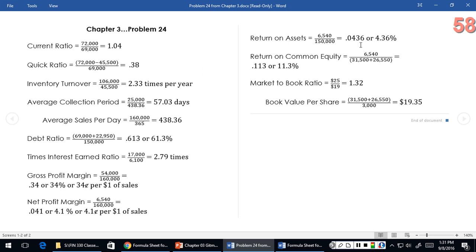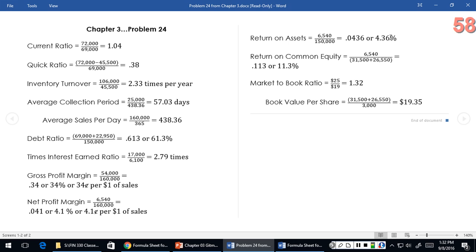For this company, it's 0.0436 or 4.36%. Again, that could be good or bad. This ROA, and again, I don't know what industry this company's in, but if you are in the banking industry, and that's what I do, that's what I teach, okay? So that's what I know. If you're in the banking industry,